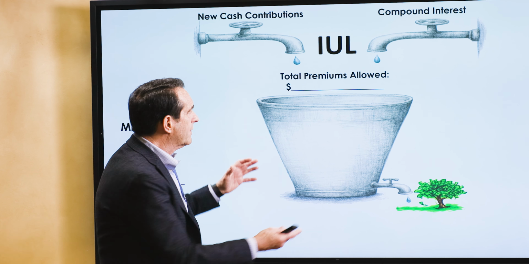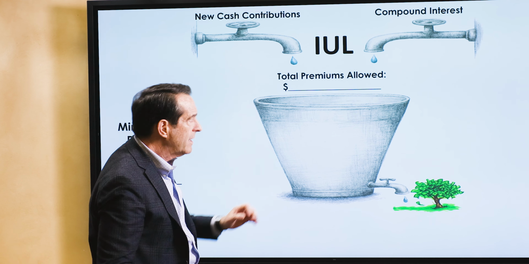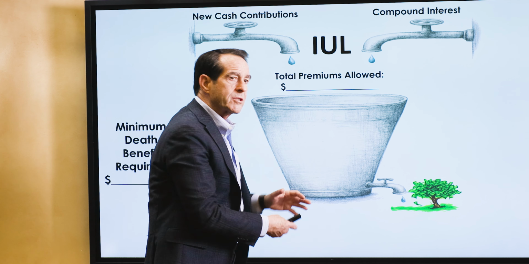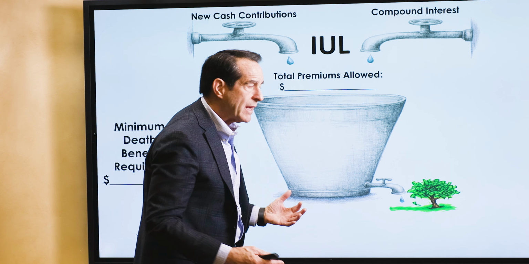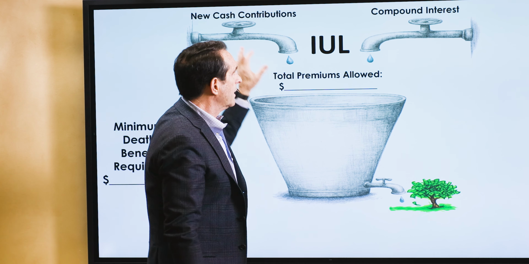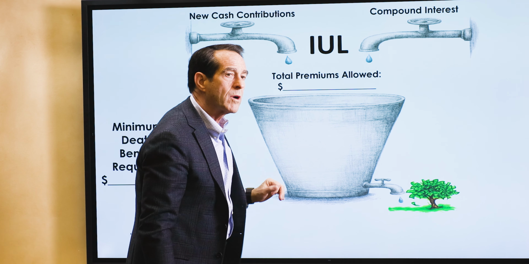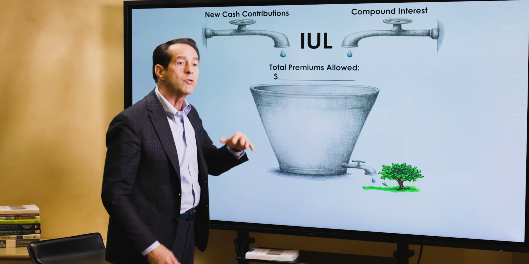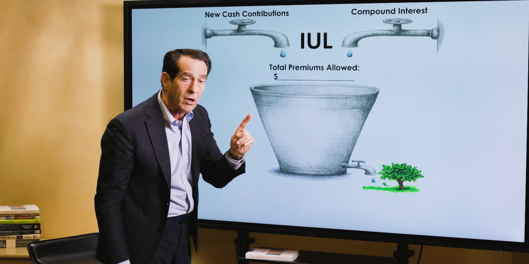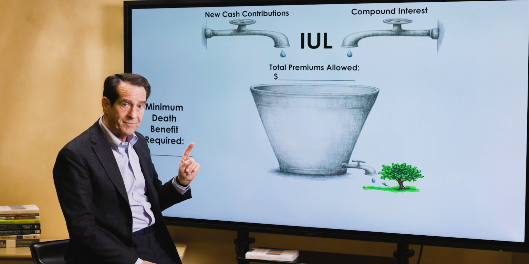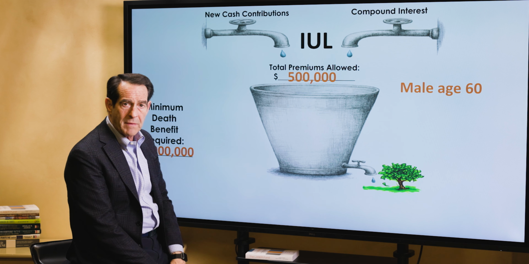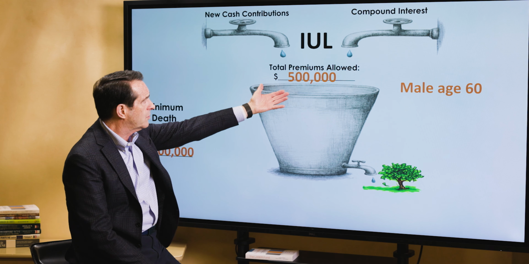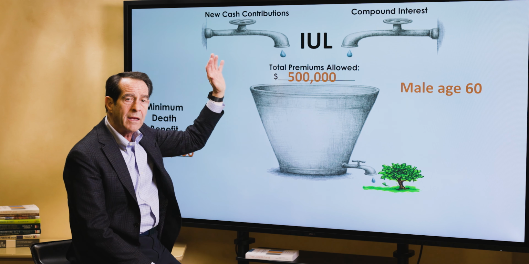I've often compared this metaphorically to a bucket. Let's say the IUL is a repository, a bucket that's going to hold money. You are designing the bucket to accommodate the amount of contributions you want to be grandfathered to put into it. You're not obligated to put that much in, but you cannot put in $1 more or the insurance company must refund it. So let's say you're a 60-year-old male and you want to be grandfathered to be able to put